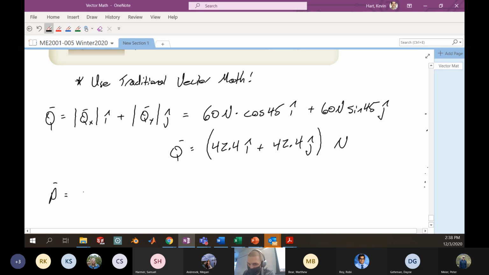All right. So here we're resolving that force P, just 40 newtons, into the x direction through cosine of 20 degrees. And I'm going to add to that